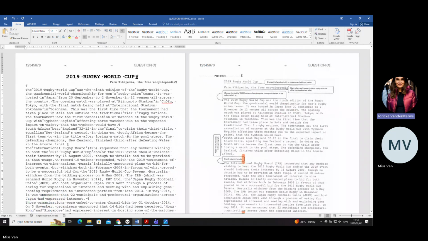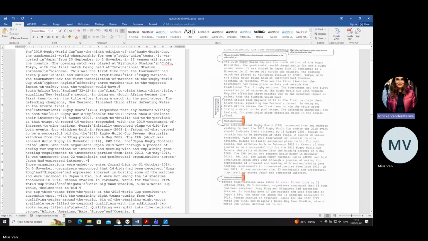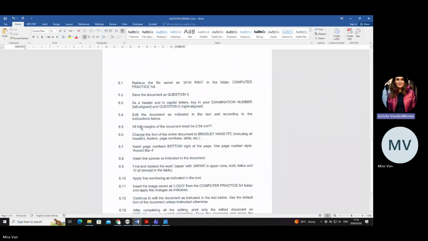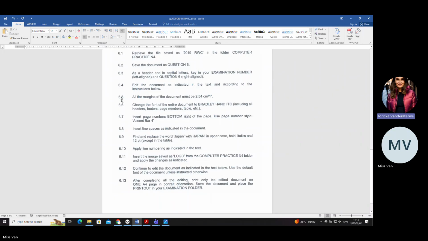Okay. Now let's quickly go back. So we've done number 1 and number 2 there. Let's quickly go back to 6.5. There's a reason I'm doing that. So 6.5 is asking you that all the margins of the document must be 2.54 centimeters.